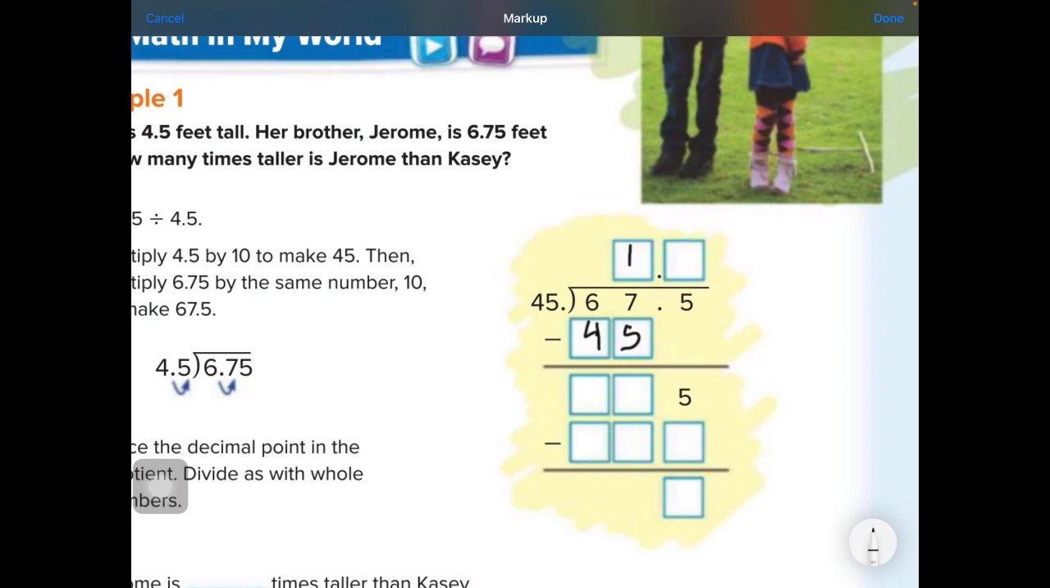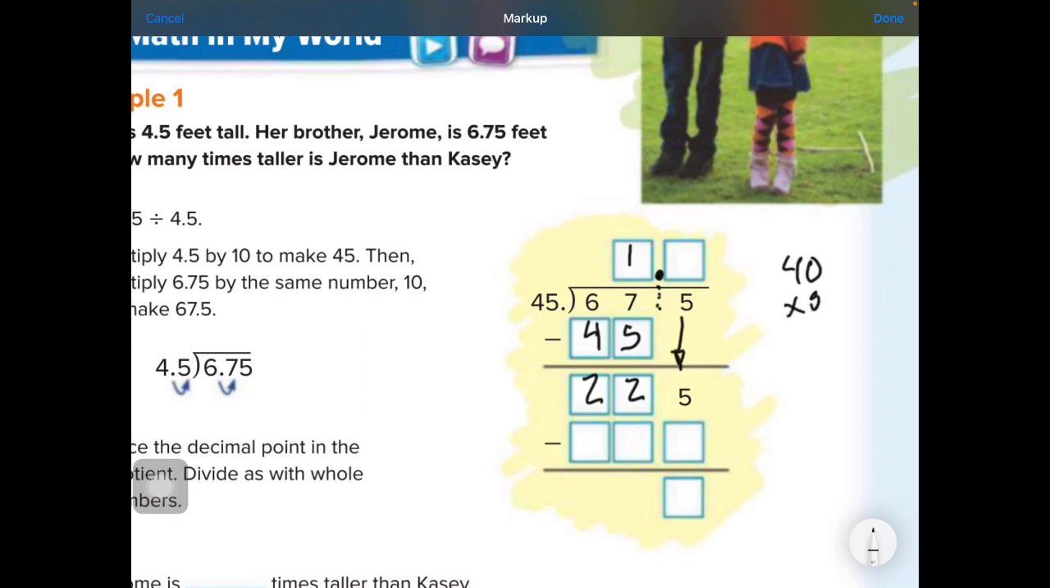One time. So then we have 45. Now, 7 minus 5 is 2. 6 minus 4 is 2. Then we bring down the 5 and dot, dot, dot, dot, splat up the decimal. Okay, 45 into